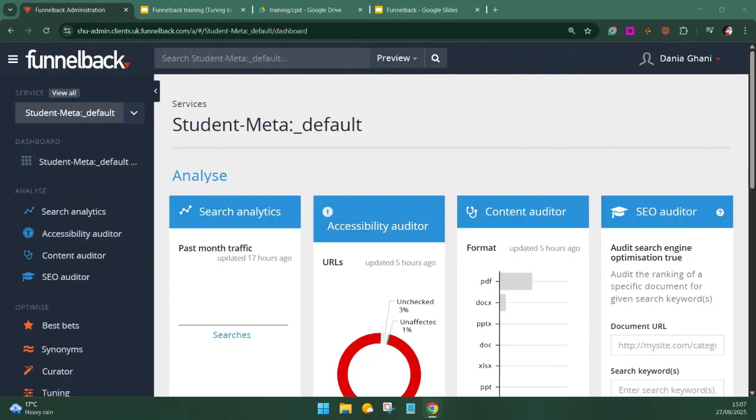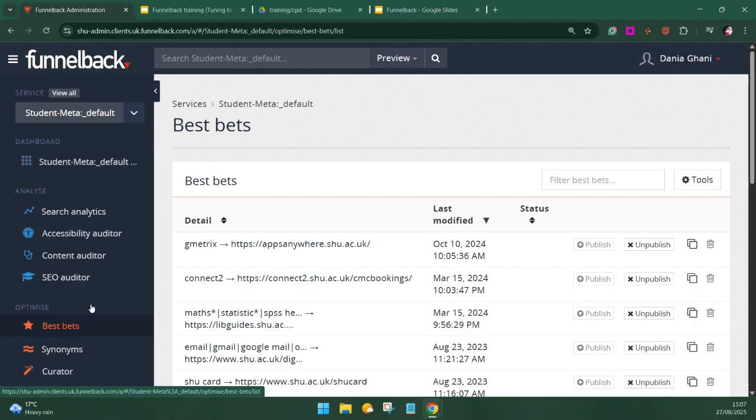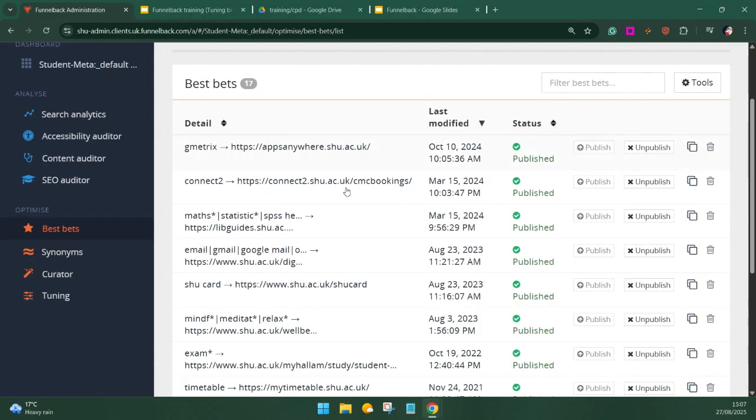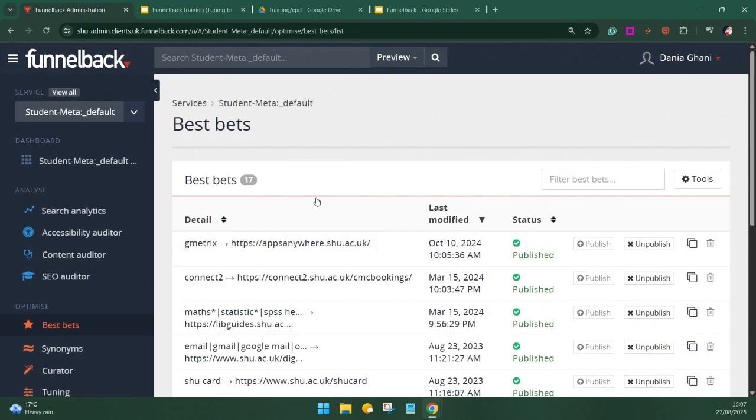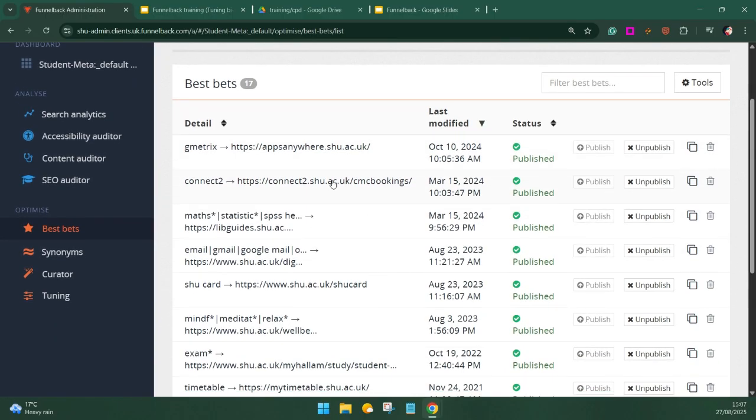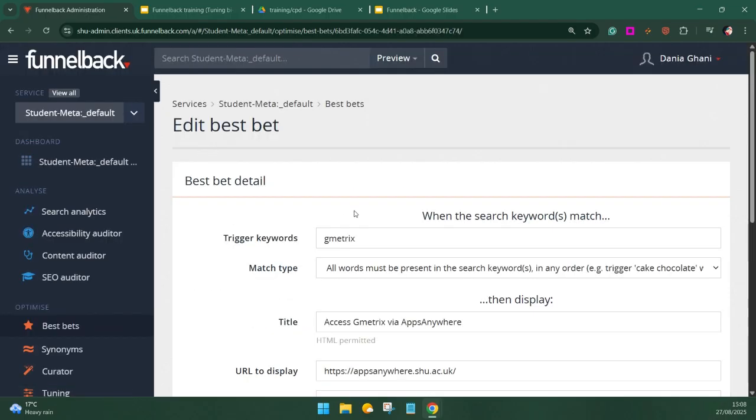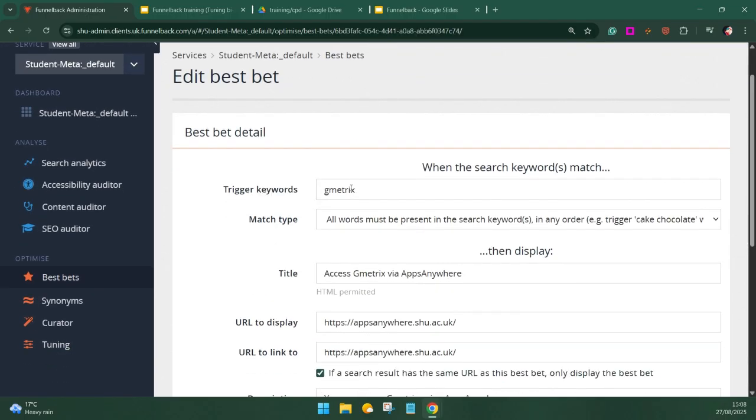So, inside the Funnelback dashboard, to find these, you'd go to Optimize and then click on Best Bets. And then here, you can see a list of what's already been created. Sometimes you might be asked to create a new best bet, and other times you might be going in here. So this is part of the site optimization. You'd check the tuning, and once you finish that, you come over here and you make sure that any of these links and any of the triggers, for example, the keywords,